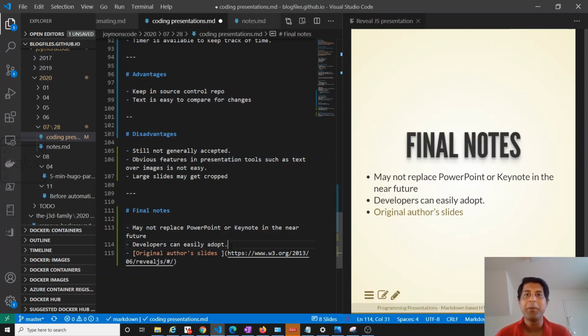It is easy for developers to adopt. They can host in GitHub or somewhere and present from that internet URL. But for a normal person, it will be difficult. They may not have the knowledge to publish to a website or somewhere and display that. As I demonstrated, there are some services like HackMD and Slides.com that can be used by normal users other than developers. But still, it will take some time to get wide adoption.